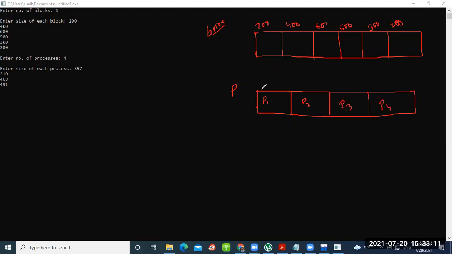And what are the sizes requested? The first process requests 357, the second one 210, then 468, then 491. Now there is a flag variable.